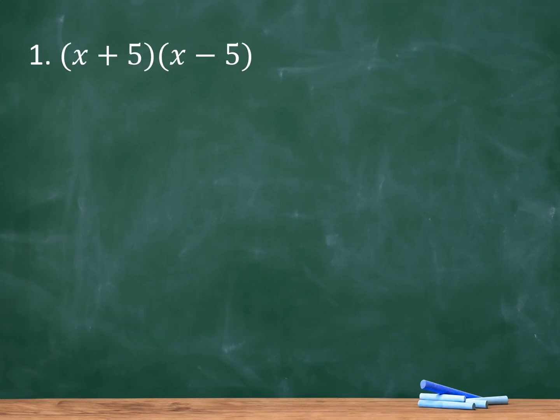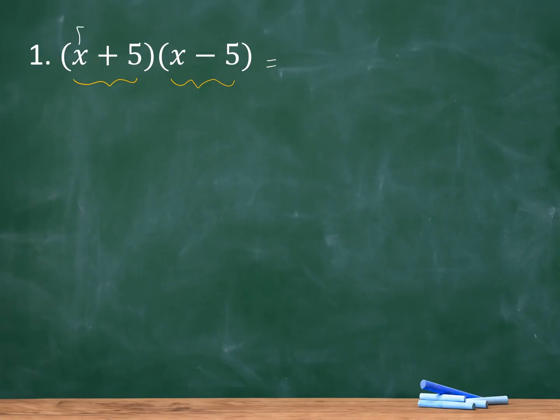Let's have our first example. What I'm going to do is solve this problem using the long method, and then later I will solve this again using the special product pattern. So we have here (x + 5)(x - 5). Take note that we are multiplying two binomials, so we can solve this using the FOIL method,